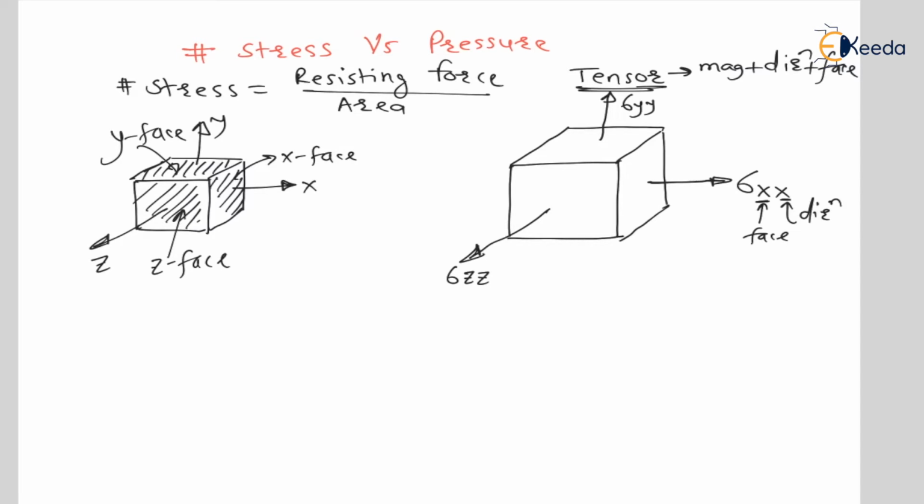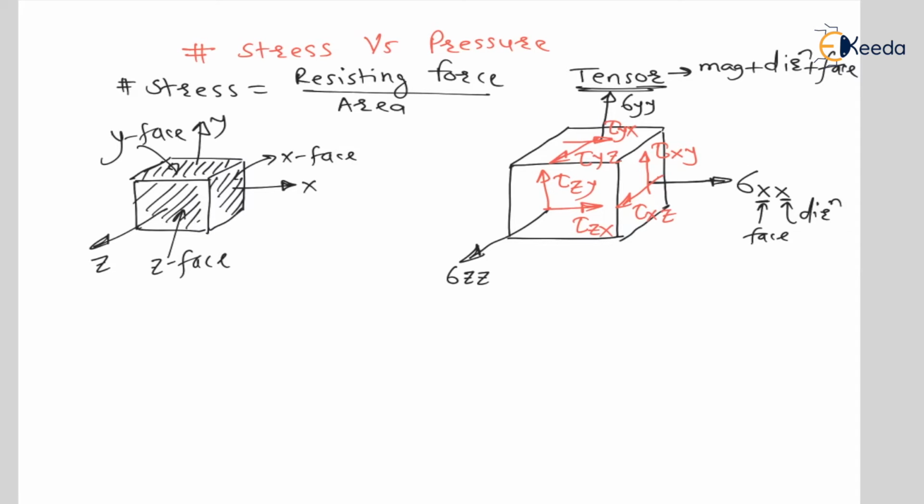Again, shear stresses. See, in this direction, this is parallel to the area, tau on x face in y direction, tau xy. Here parallel to the area, tau on x face in z direction, tau xz. Again here parallel to the area, tau on y face in x direction, tau yx. This is again parallel to the area, on y face in z direction, tau yz. Again here, tau on z face in x direction, tau zx. Again here, tau on z face in y direction, tau zy. This is the stress tensor.